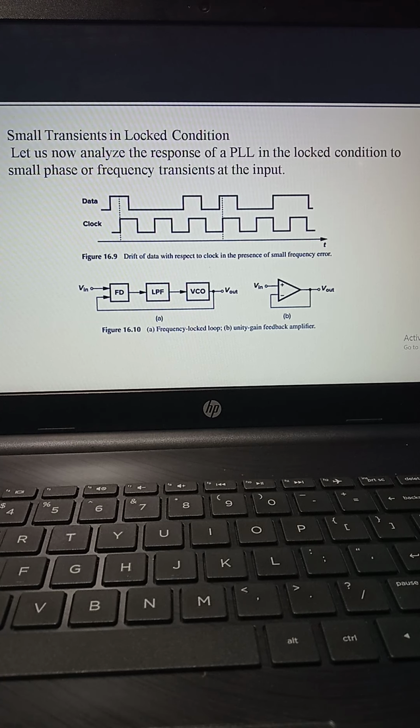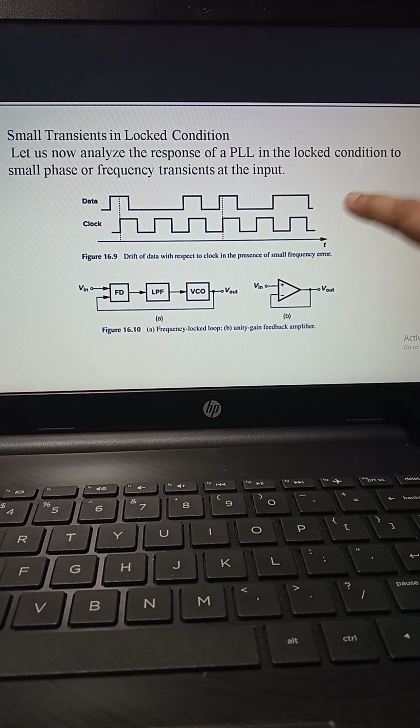So we know that in the phase locked condition, the output frequency will become equal to the input frequency. The exact equality of the input and output frequencies of PLL in the locked condition is a critical attribute. The significance of this property can be seen from two observations. First, in many applications, even a very small frequency error may prove unacceptable. For example, if a data stream is to be processed synchronously by a clock system, even a slight difference between the data rate and the clock frequency results in a drift, creating errors.